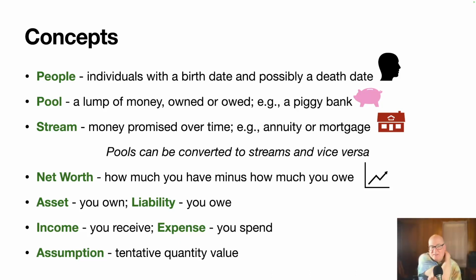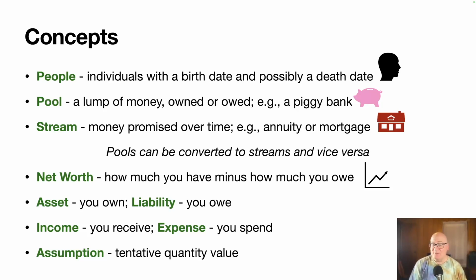Okay. And then the contrast to that is streams, and it's money. Streams are money over time. So an annuity where every month you get a check, basically some amount of money, and it's income to you, or a mortgage where you're going the other way, you're paying out every month. So you've bought the right to pay this loan back a month at a time.